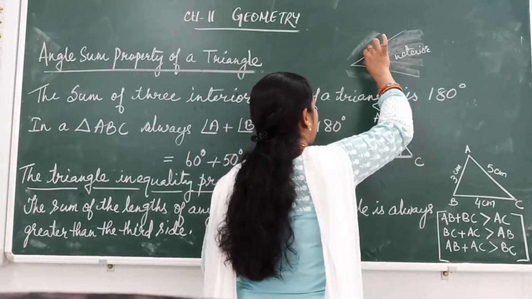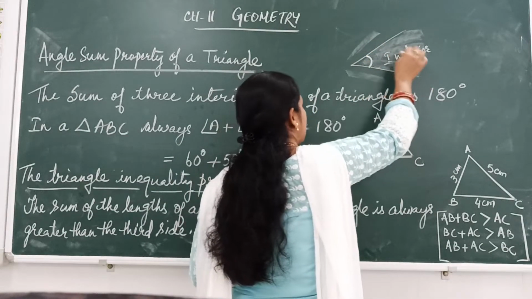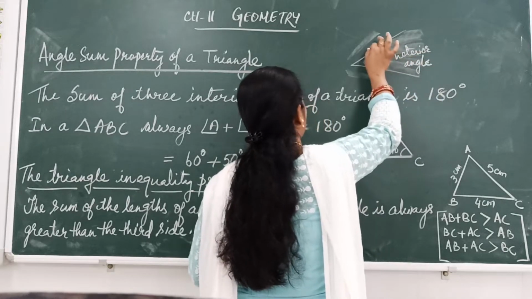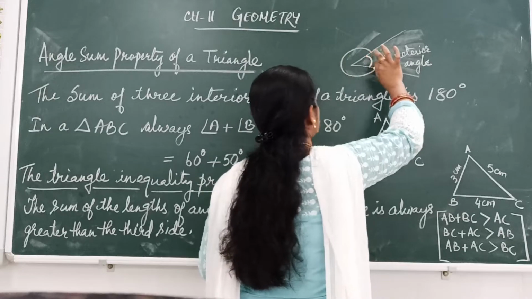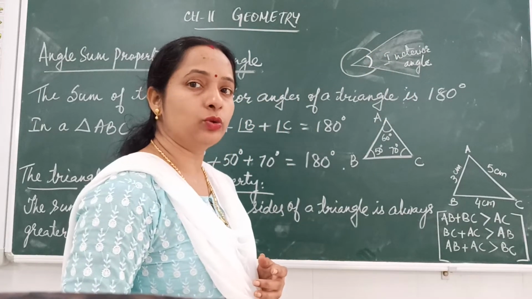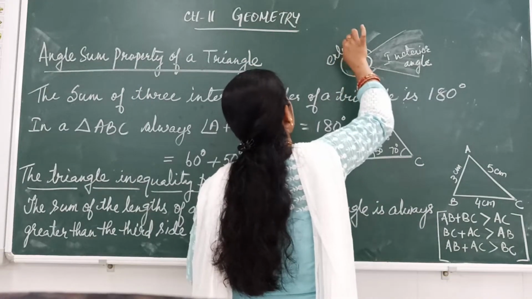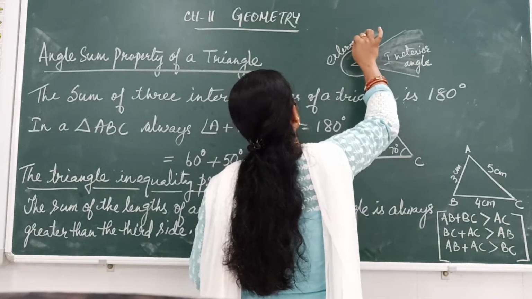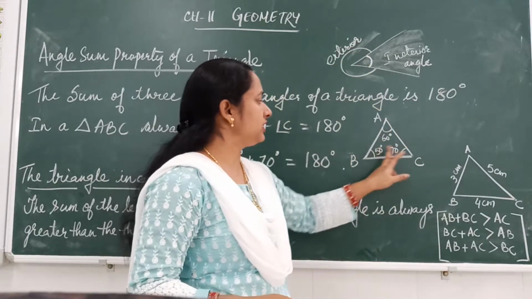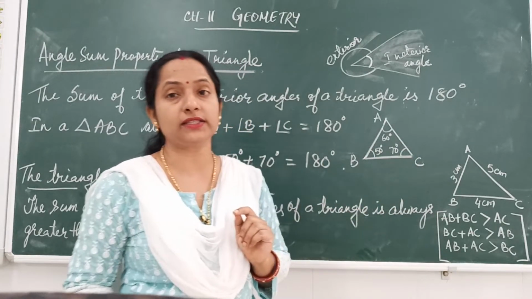Now, any angle you mark inside the two arms of an angle is an interior angle. Whereas if, at the same point, a reflex angle is also formed outside this particular angle, then this angle will be called an exterior angle, right? Now in any triangle, the sum of the interior angles is 180 degrees.